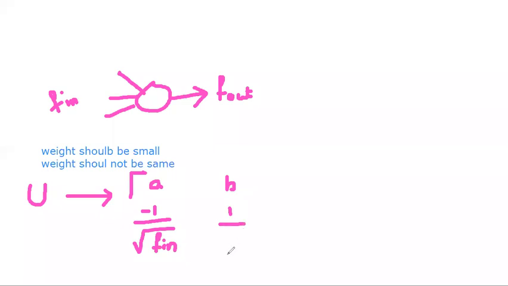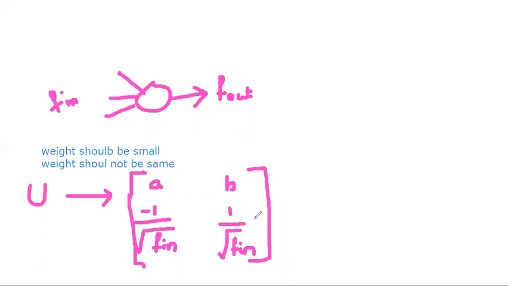If you follow the uniform distribution to assign the weights randomly, here is the formula. Here A is a lower bound and B is an upper bound. Based on these values, it will assign the weights to these inputs randomly. This is the weight updation formula for the uniform distribution. For each and every epoch, it will take the weight randomly in this range only.